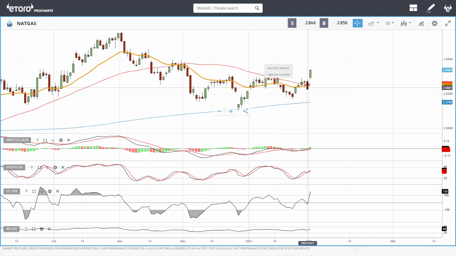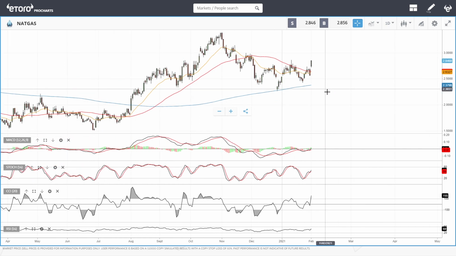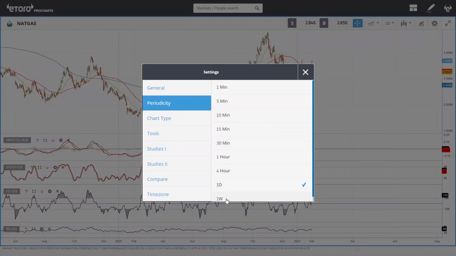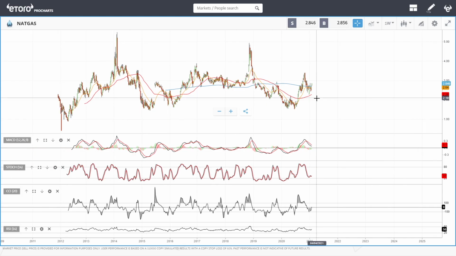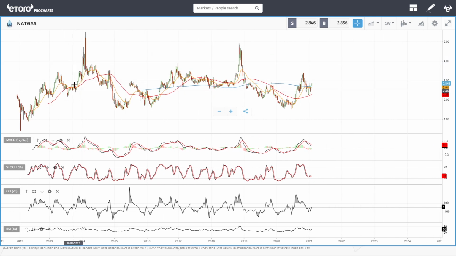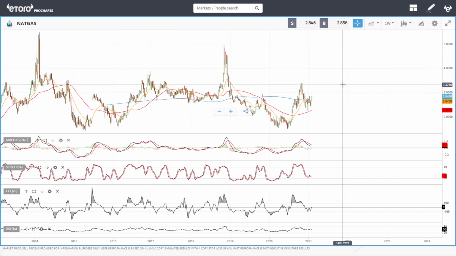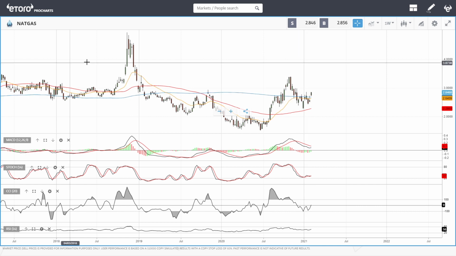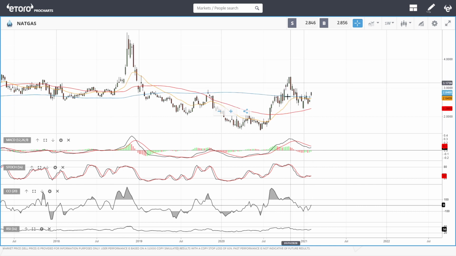So this was, you could basically say, normal demand. This is basically what happens when you have a snowstorm in the United States. And this is what happens when things really become parabolic. You can just absolutely explode to the upside, and usually this happens in wintertime. So we haven't seen this kind of move. You could argue that this was one of them, but it was actually too early.